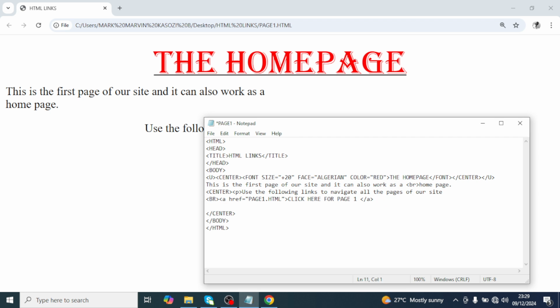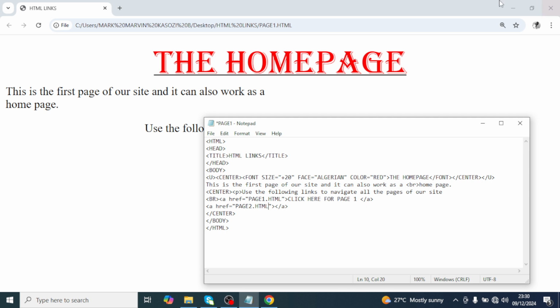I can press enter. Then my center tag is still pushed down so that I put my second link in the center tag. Now I said the link has this href, it is a first, then you close the a there, and then after the f equals 2, what do I want to link to? I want to link to page 2.html,